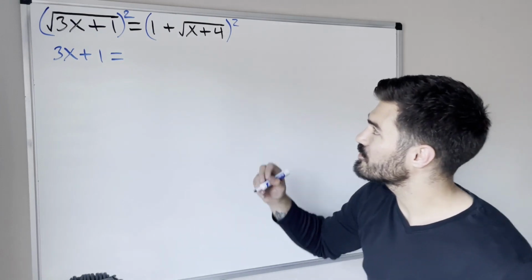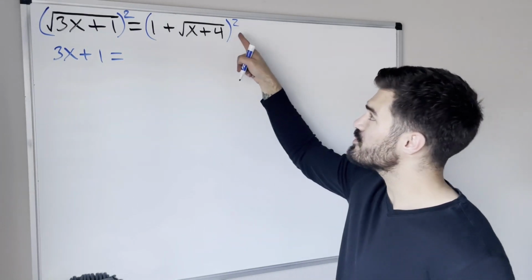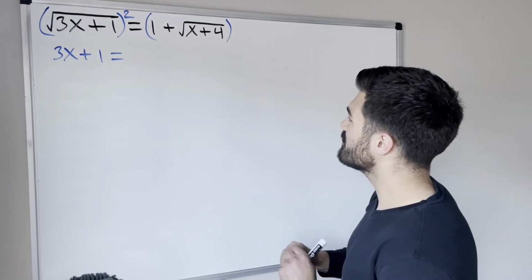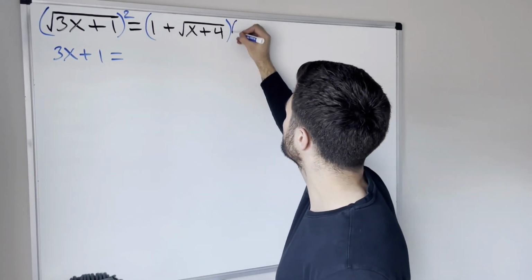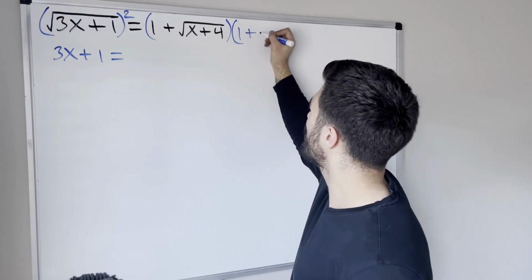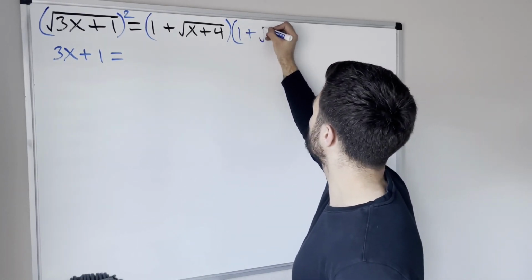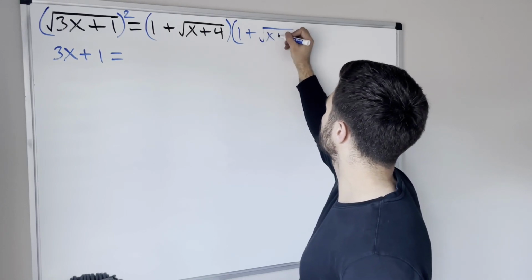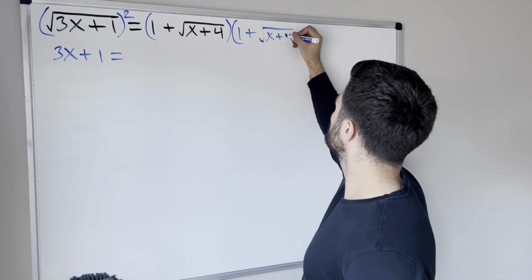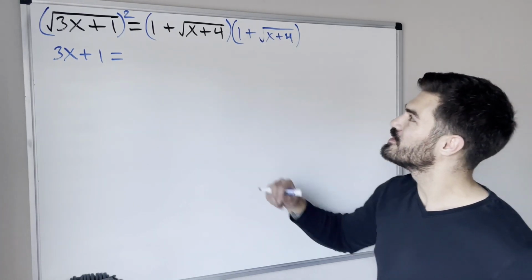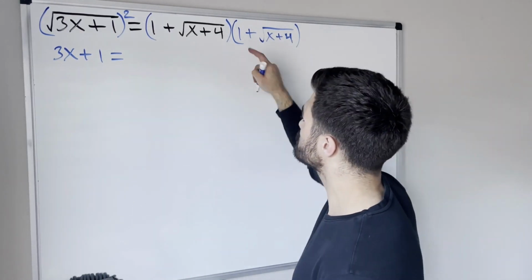And now what do we have on the right-hand side? Well, remember, squared means times itself. So here's what I like to do, and I especially recommend this if you're still getting comfortable with solving these equations, is write this out. 1 plus square root of x plus 4 times itself. 1 plus square root of x plus 4. Because now what we can do is use that four-letter F word that everyone learns about, FOIL, and we can multiply this out. 1 times 1 gives us 1,